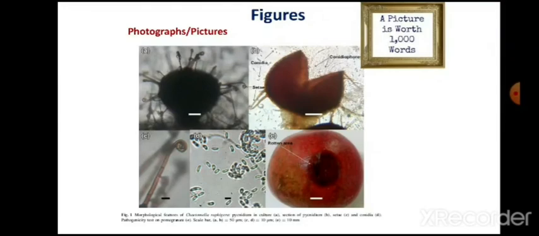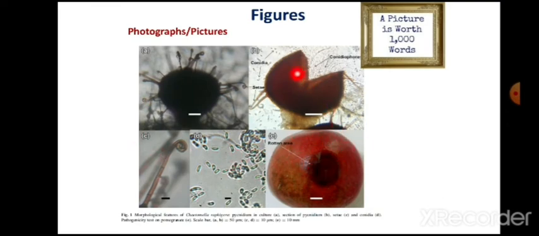Like you can see, this is again to tell you the scientific writing part. You can see small letters, arranged in sequence. This is the micrograph of a fungus. This is in detail micrograph. This is further in detail, and this is the component of that fungus, and this is the fruit which has been infected.